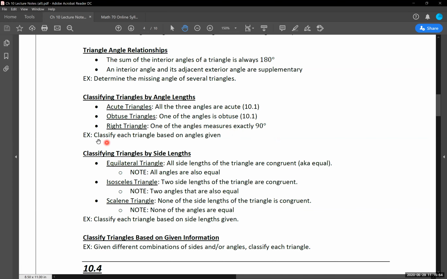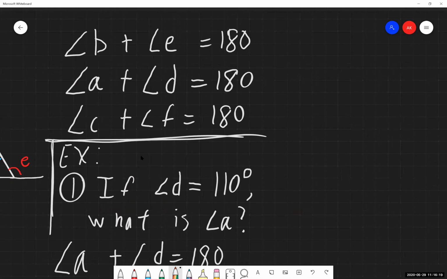When we're going through these, they're probably going to give you a triangle and all or some of the important angle measures you need, and then you just choose which one would be best to classify that triangle. So I'll jump us over to our whiteboard and go through a couple quick visuals of this.